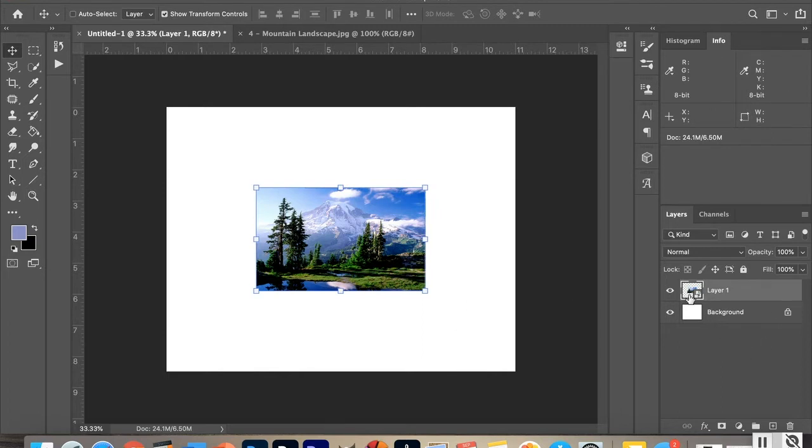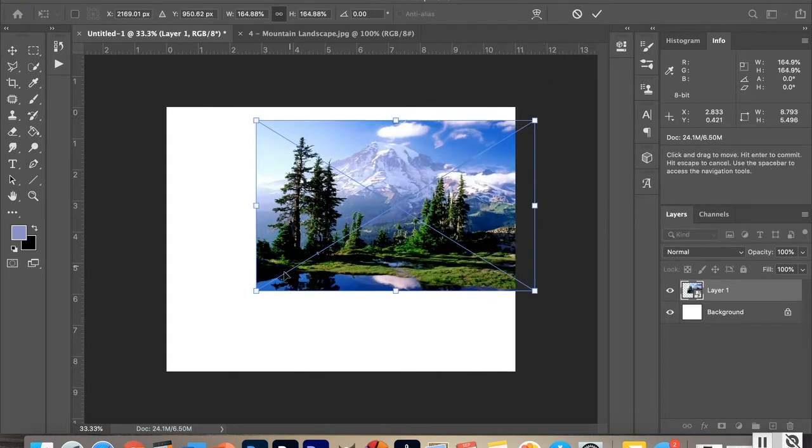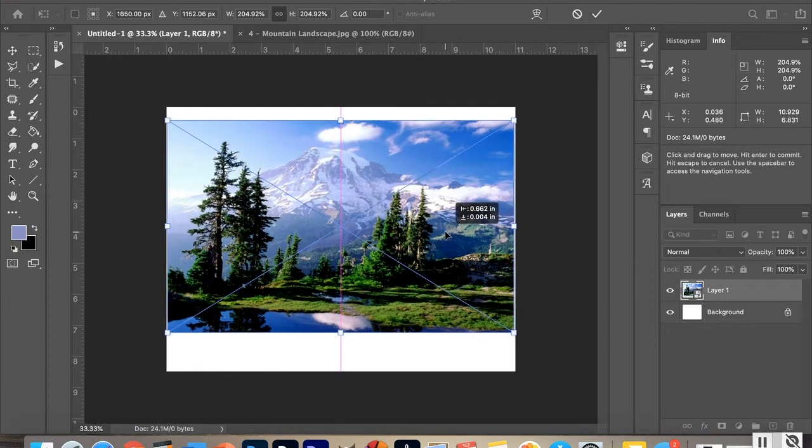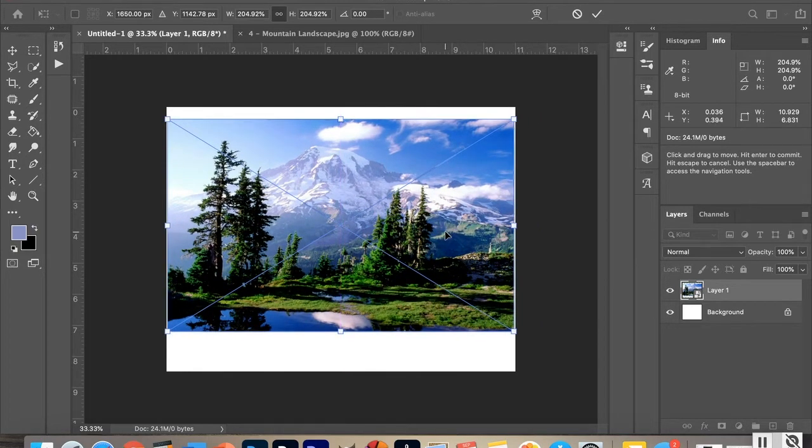And over here in the layers, you can see a little icon that says that's a smart object. All right, I'm going to make this bigger. And whenever it's a smart object, making it bigger and smaller does not lose information. Also, when it's a smart object, you have a big, huge X across it,